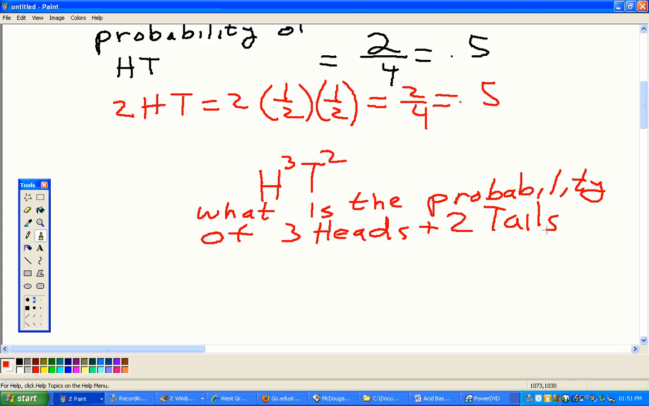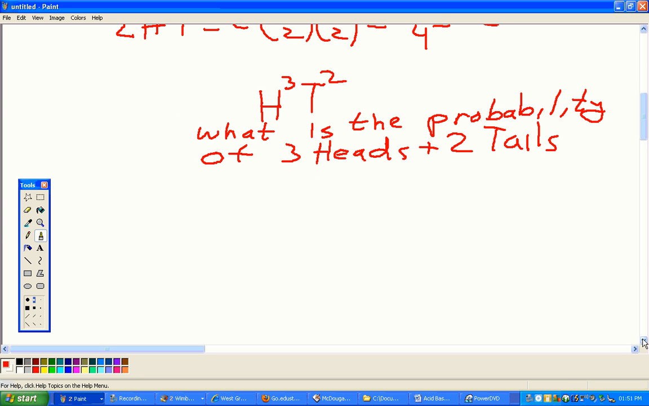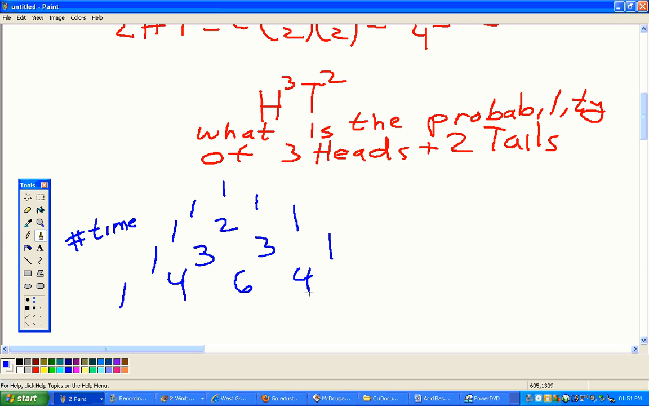Now, last week we found out that there's a couple of ways we could have found the number of ways this happens. We could have gone back to Pascal's triangle, and we could have gone 1, 1, 1, 1, 2, 1, 1. What's the next number? Next number? 5, 10,